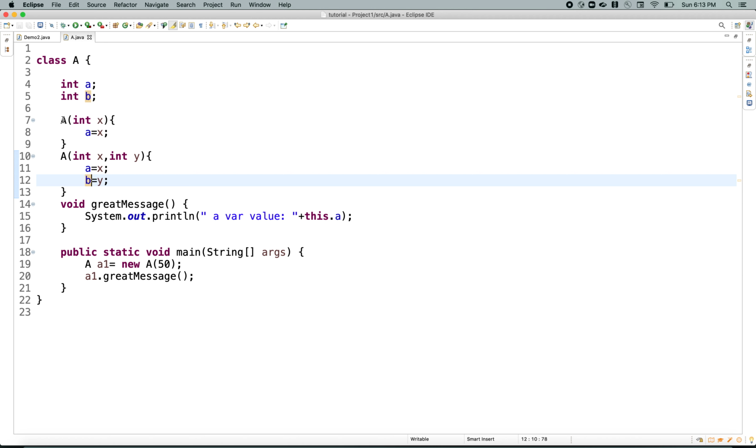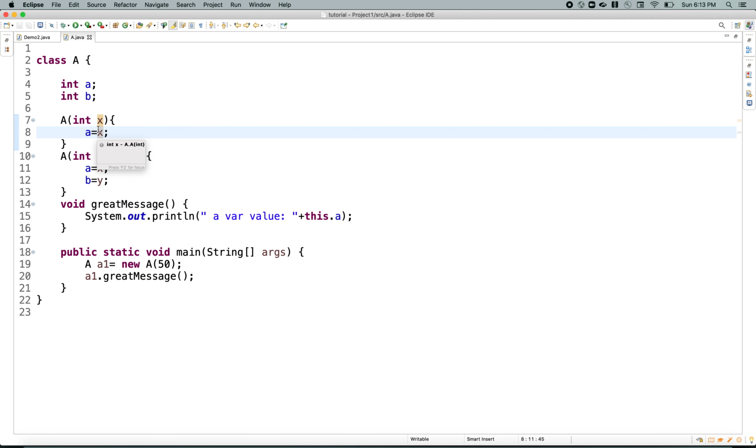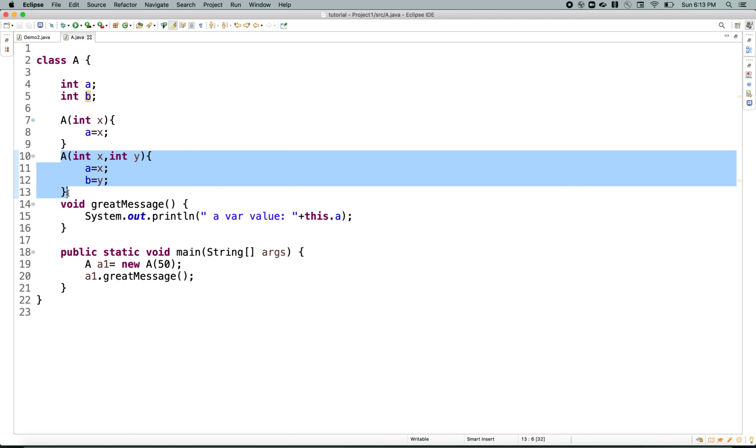See here, this is also a constructor, and this is also a constructor. We have defined two constructors, but where do they differ? They differ at the argument level. So if you want to create an object and just initialize the a variable value, go ahead and use this constructor. In the second case, if you want to create an object and during creation initialize two variable values a and b, in that case use this constructor. Okay, let's